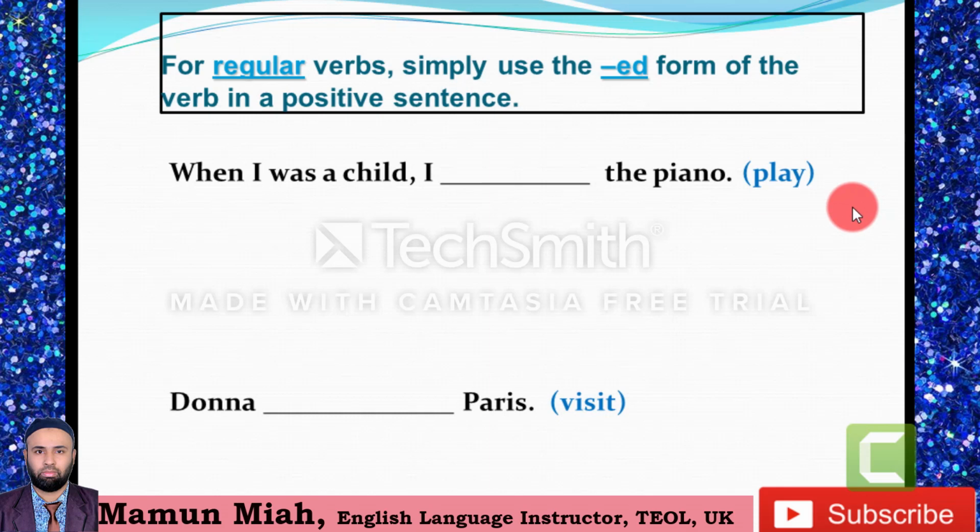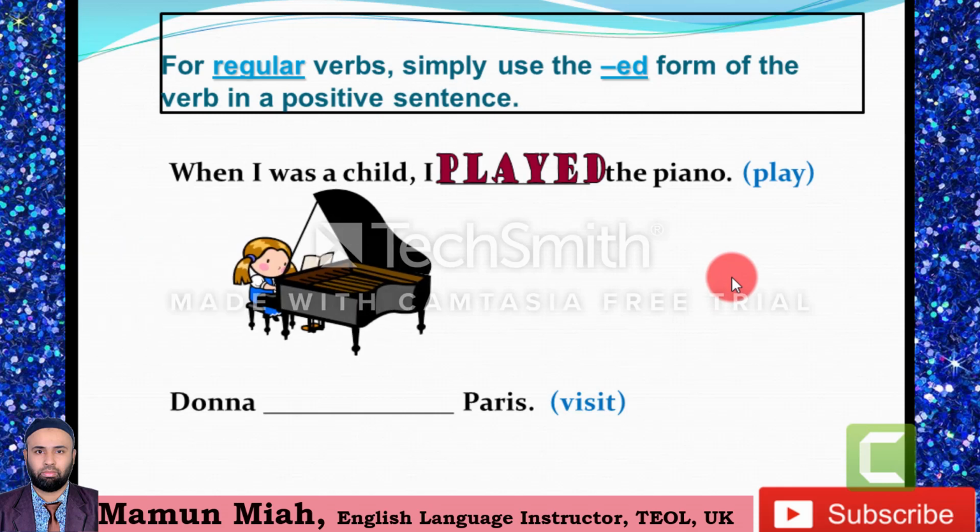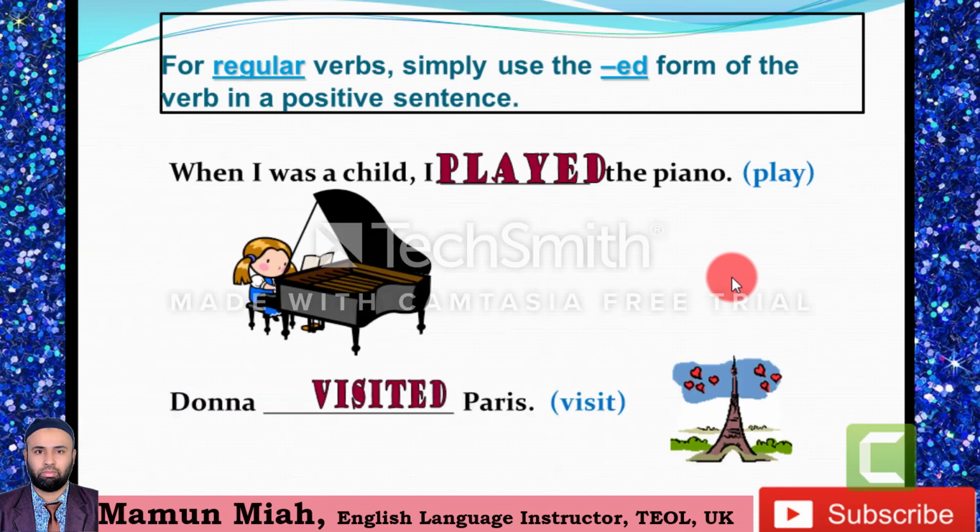Okay. Donna blank Paris. The verb visit. Look, the first one, played. And Donna visited Paris. Here, visit would be visited. And both of the two sentences are in affirmative form. That is why there is no